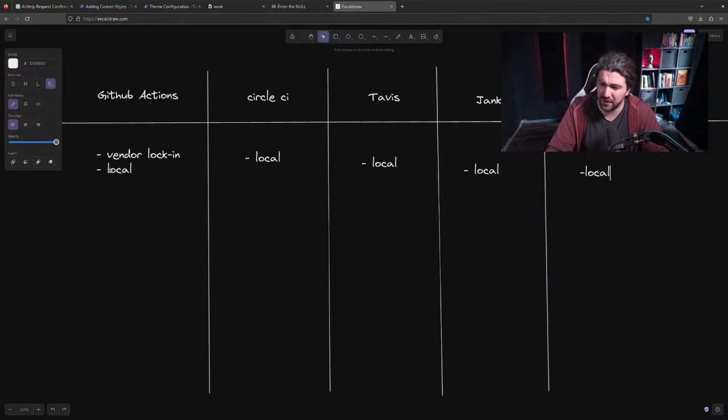But another one that I want to go back over here and put down that I think GitHub Actions struggle with, and don't get me wrong, I love GitHub Actions. This is not me hating on them. They did some things that were really good. Like if you write a plugin for Jenkins, it takes forever, and I misspelled Jenkins on purpose. It's janky. And again, I'm not hating on the developers that work on it. They've done a great job. It's just an old piece of software that has been pushing through, trying to modernize. And it was the first thing that did the things that it did. Anyways,